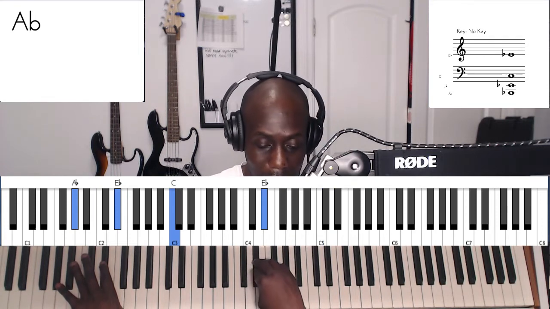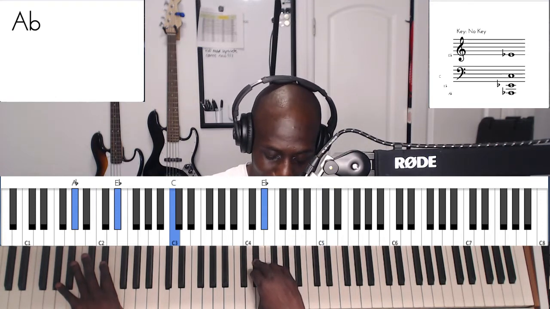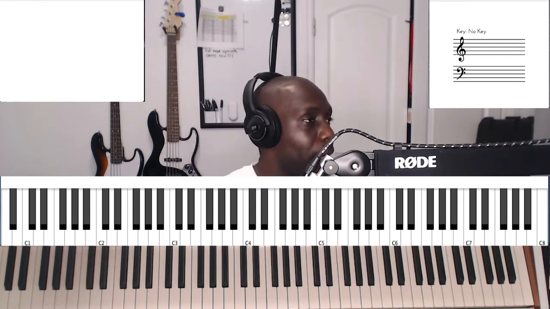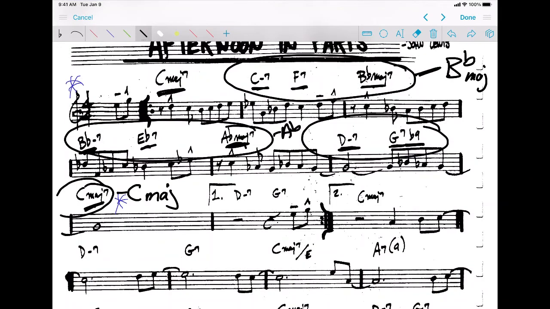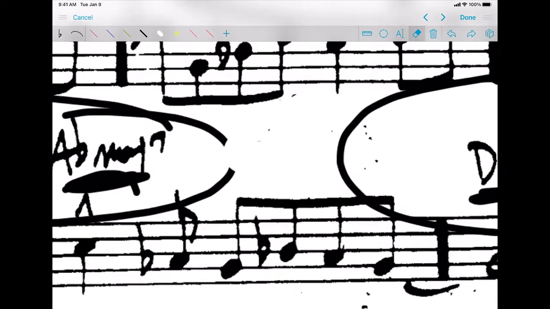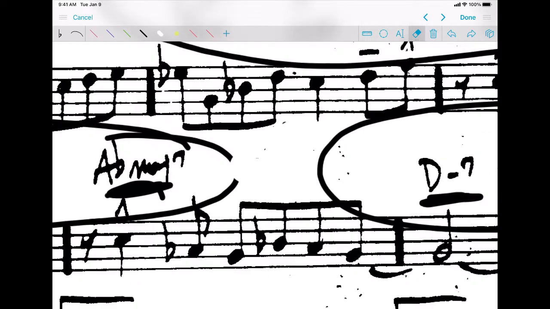Now it starts to get a little weird, because if you look at the A flat and the D minor 7, you have to look at how these two chords will connect. The way that you figure this out is take the notes that are in the A flat